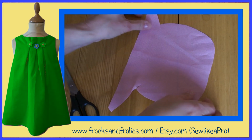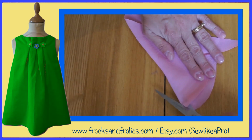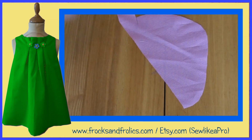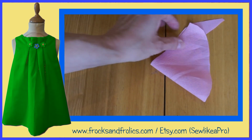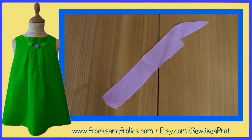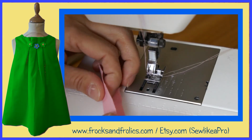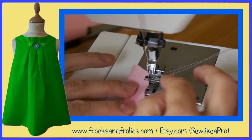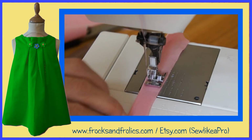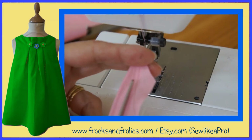And you need to cut yourself a little bias strip for your rouleau. So where the fabric is the stretchiest, which is across the fabric, you cut. Then you fold it over and simply cut yourself a strip. There really isn't a rule as to how wide you cut this. Place the piping cord in the center of the bias binding as if you were making piping and sew right next to it on the edge. Once that is done, you cut your piping cord back, you remove the cord,